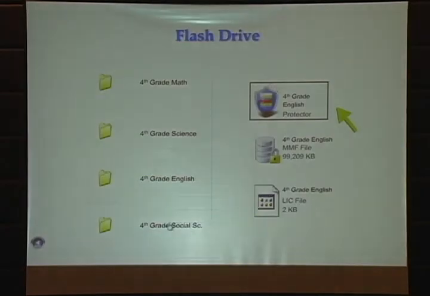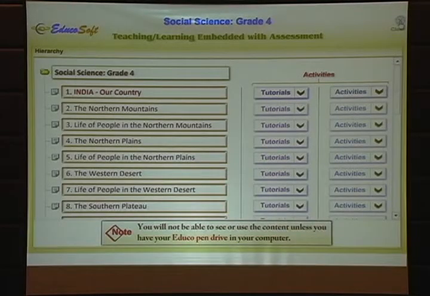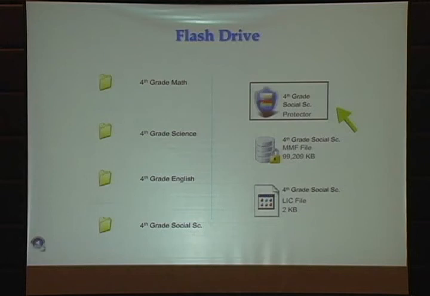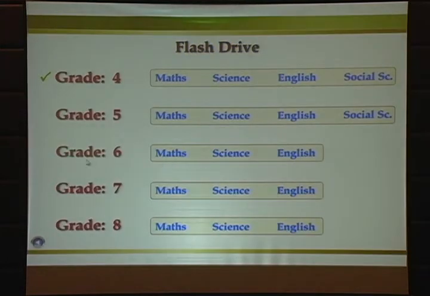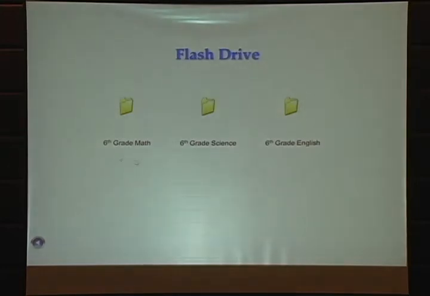And then close this file, and similarly, you will have now social sciences. The same way, click on this, social sciences open. My friend, one flash drive for one child contains everything that he or she needs to learn. Same thing for 5th grade, almost the same thing for 6th, but social science is still being built. 6th, 7th, 8th, 9th, and 10th. So, you saw the concept of the flash drive. Let me open the 6th grade file and show you a lot more than this.